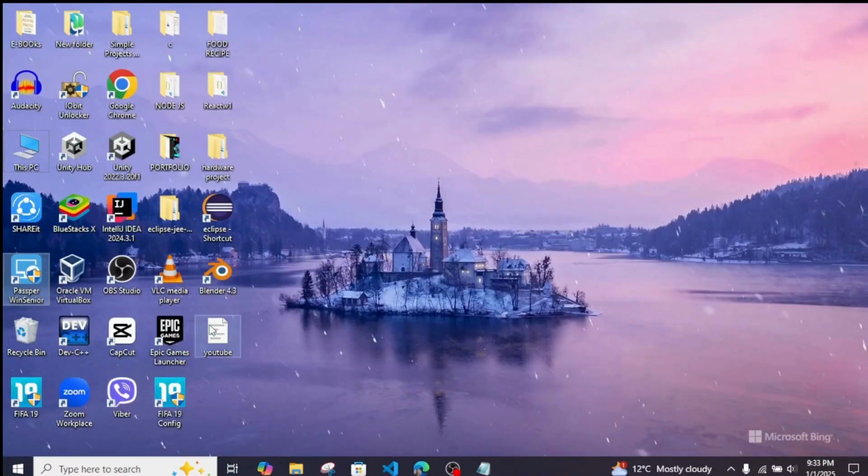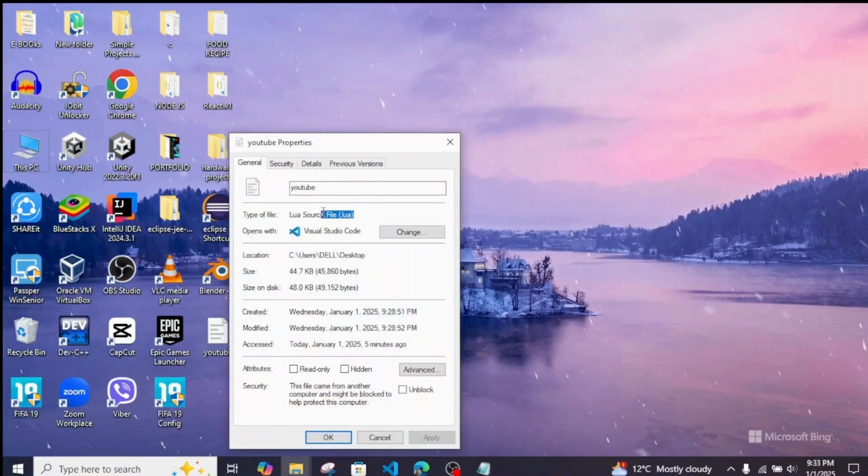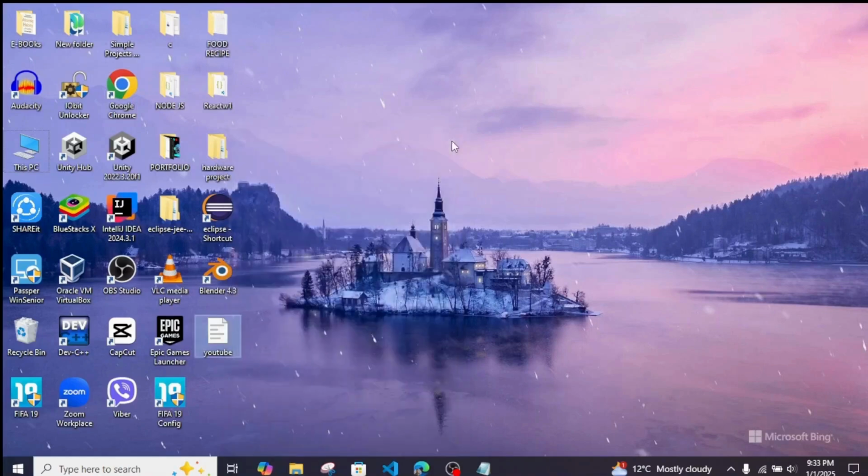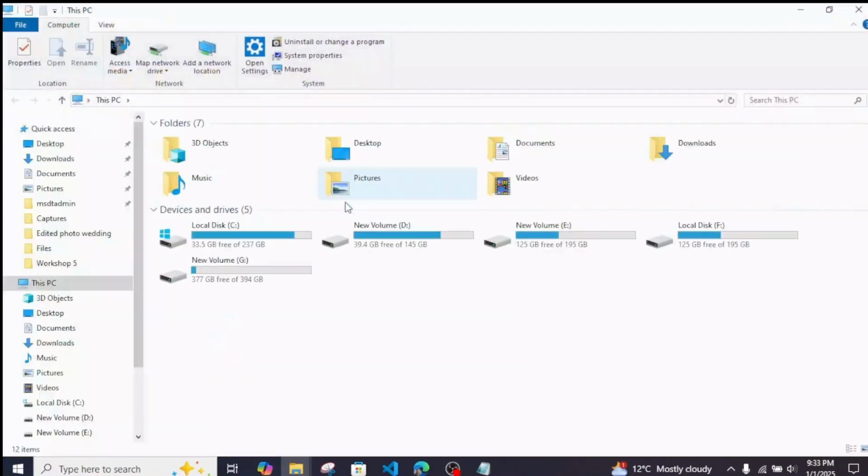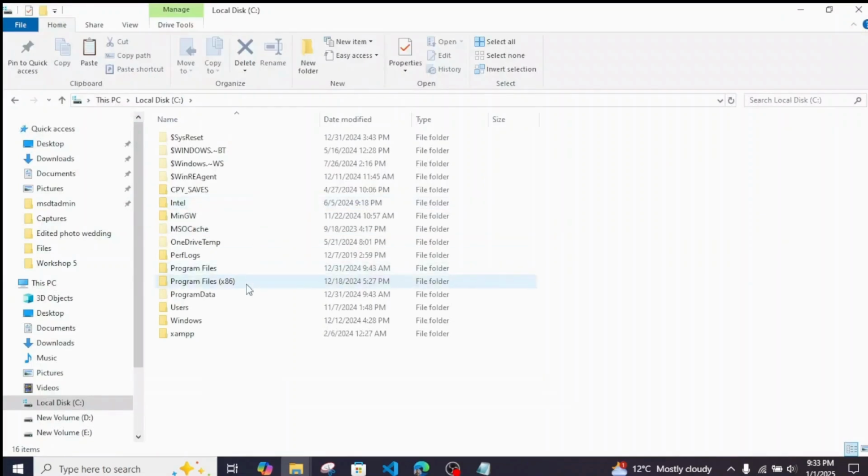and once you download the file, it will be something like this. It will be with the extension .lua. It's for the VLC Media Player files. So after you download it from the browser, don't worry, it will be directly downloaded. You simply head over to your PC, and inside your PC section, if you are using 64-bit Windows, you just